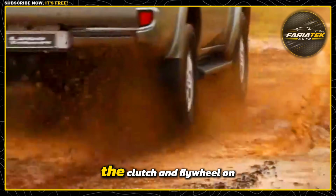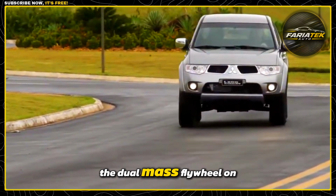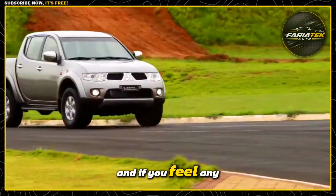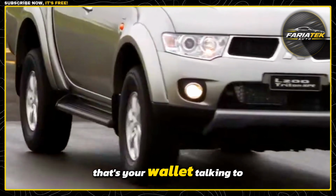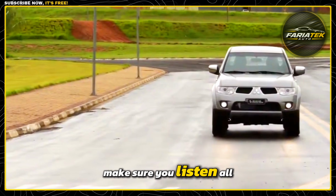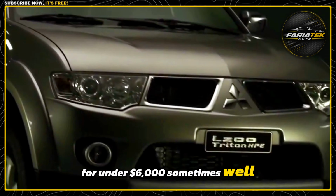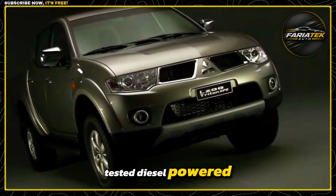Number 4, the clutch and flywheel on manual transmission models. The dual-mass flywheel on the L200 is a known service item, and if you feel any shudder or vibration when pulling away in first gear, that's your wallet talking to you. Make sure you listen. All that said, for under $6,000, sometimes well under, you're getting a globally battle-tested, diesel-powered four-wheel